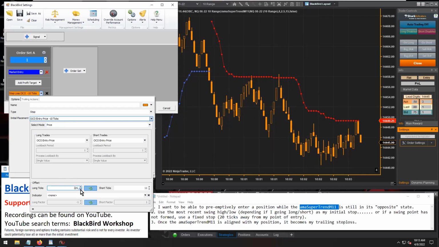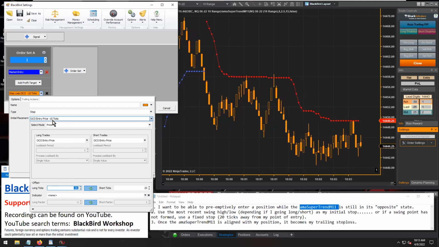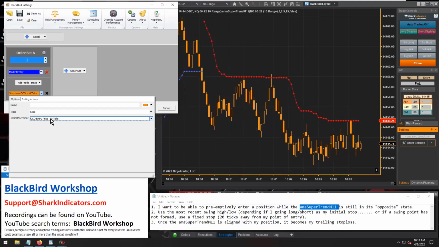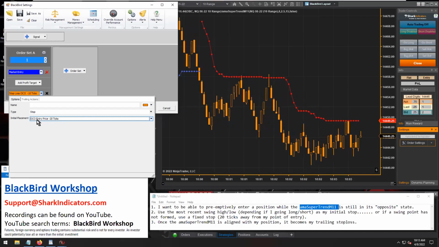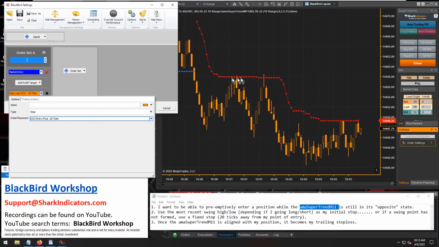And so here, let's knock this down to 20 ticks, right? So we're just going to start with a standard 20 tick offset, right? And that's guaranteed to work every single time, right? So you take the entry price and you subtract 20 ticks. So that's always a working price,